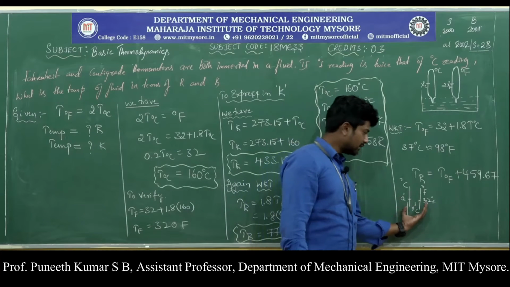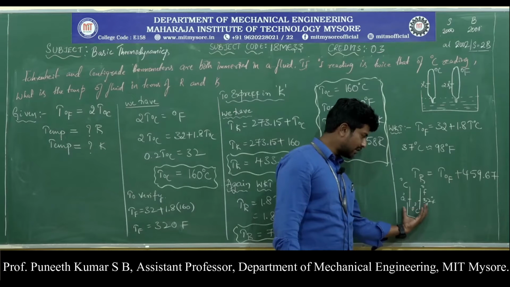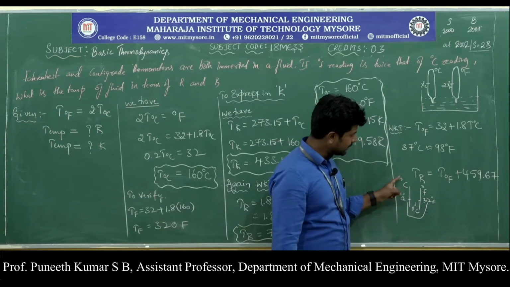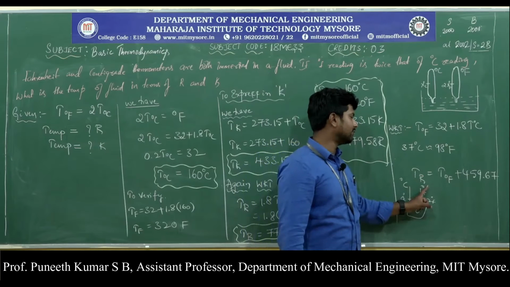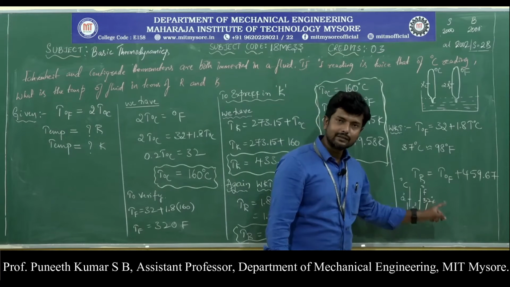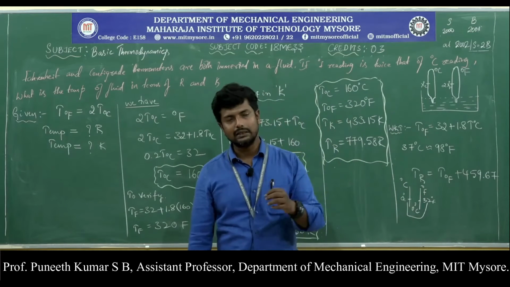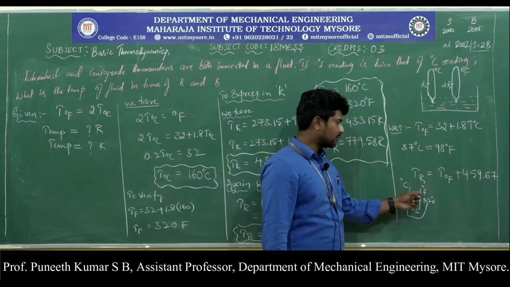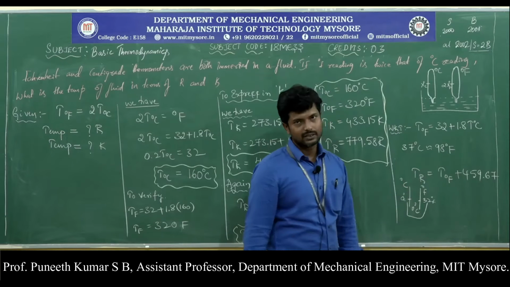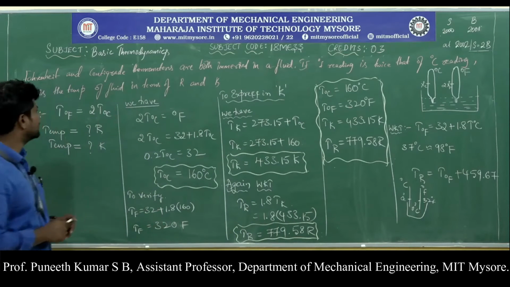Why? Because there is only one water. If I read it with the centigrade scale, it will show 0 degree Celsius. The same water, if I read it with the Fahrenheit scale, will show 32 degree Fahrenheit. The numbers are different, but the meaning is exactly the same. Now, I need to find out at which temperature the Fahrenheit will be exactly double the value of centigrade. By knowing this analogy, we will start off with the problem.